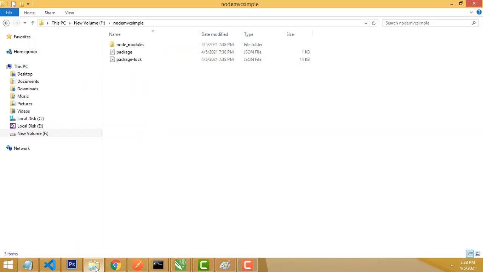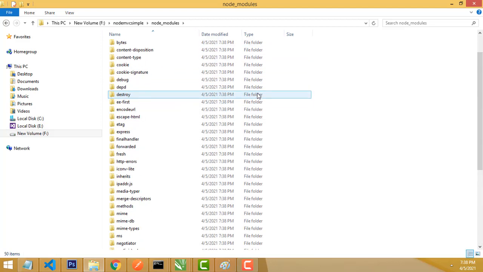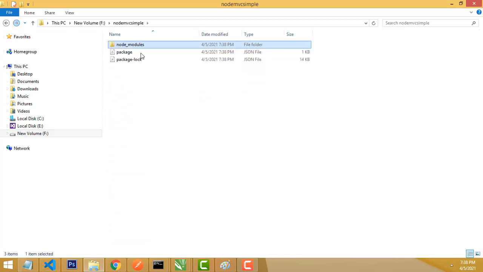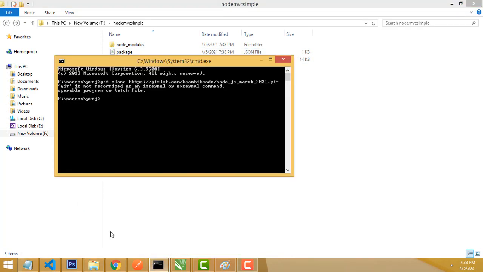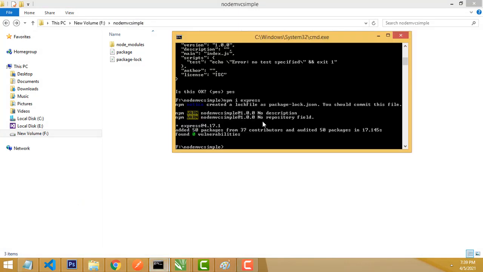Now if you go and check here, there will be the node_modules folder. In this folder all the packages will be installed. Now let's open the project. How to open the project is very simple. You have to type here, in your Node.js project folder, code space dot, press enter key.